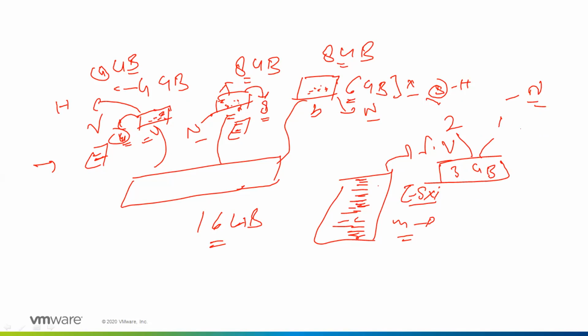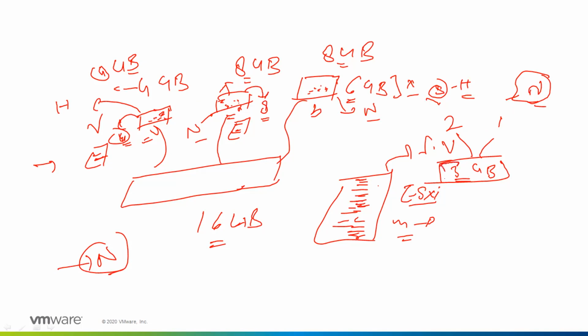Get it? So it is automatic. It's an automatic process. That's why this share value comes into the picture. I told you, by default, for each resource the share value is normal. Whenever any crunch happens and VMs are hungry for any resource, CPU, memory or storage IOPS, it will equally divide. If the share value is normal,